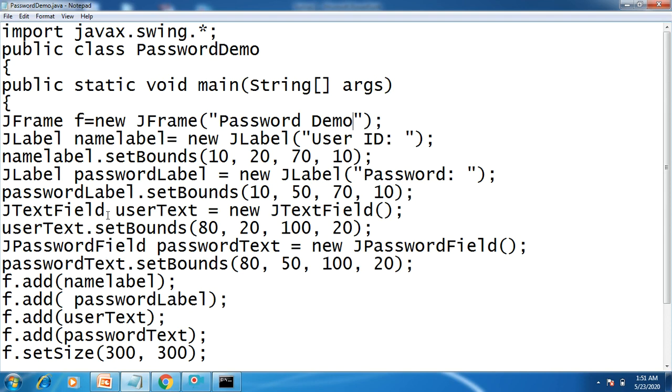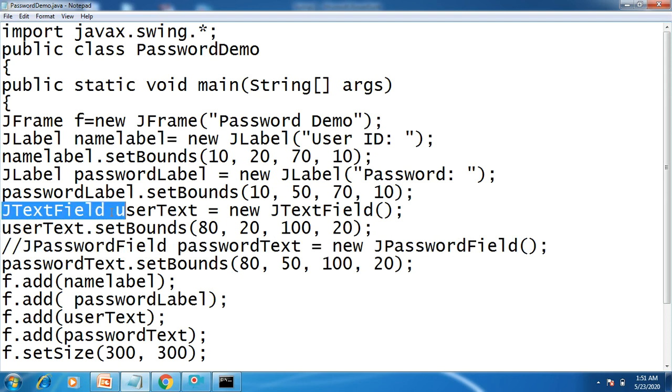Then in front of the user ID I need to have one text field. So I have created one JTextField object, userText, new JTextField. Now if you see the bounds, initially the label will be at the 10th row, 20th column. Now the column will be the same, 20, only I have changed the row value, that is 80, and its width and height. In the same way, as I told, you should make use of a JPasswordField, passwordText equal to new JPasswordField. Now suppose instead of this